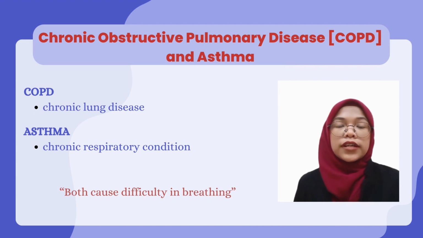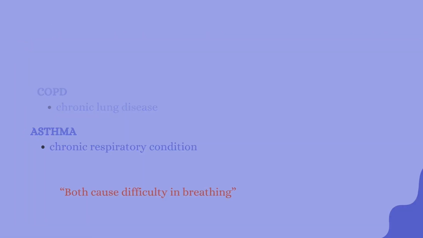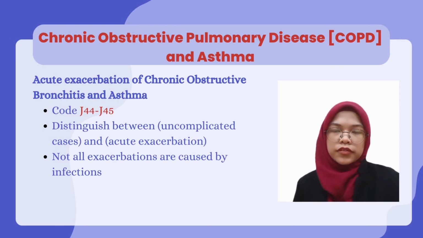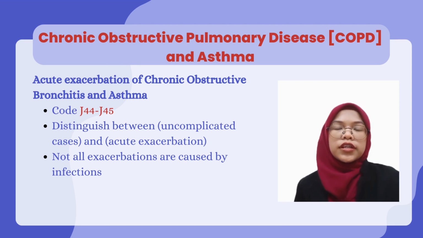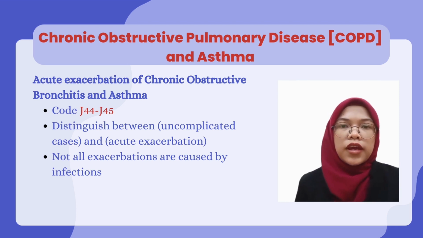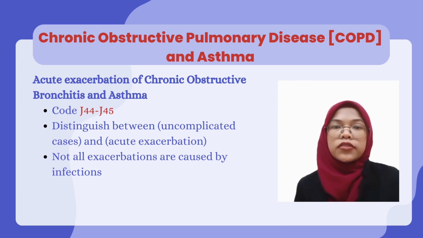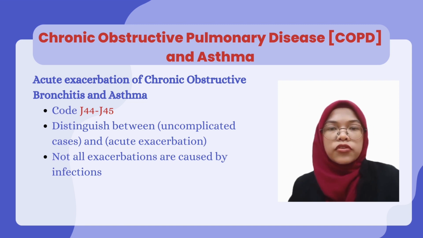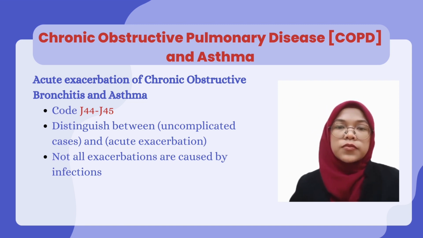COPD is chronic lung disease, while asthma is chronic respiratory condition. Both cause difficulty in breathing. For COPD and asthma patients, they might face acute exacerbation. We use code in category J44 and J45 to distinguish between uncomplicated cases and acute exacerbation. Uncomplicated cases is where the patient's condition is stable, while acute exacerbation is when the patient suddenly had a hard